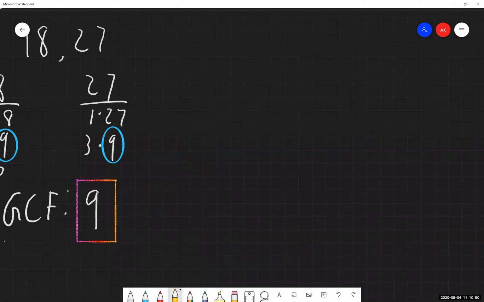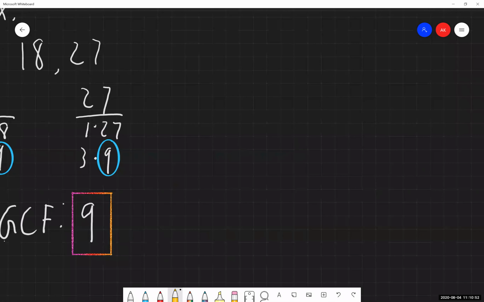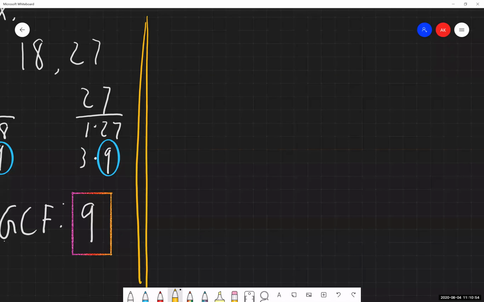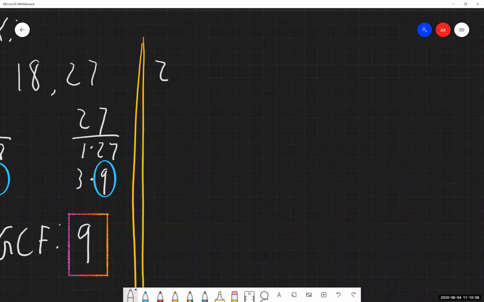And you can absolutely use your calculator to help you out with that if you need to. I would also recommend having your multiplication tables nailed down from everything from 1 times 1 up to at least 10 times 10, preferably 12 times 12. It's going to make this process a lot easier, I think, with finding the factors of things. But moving on, we have our second example. We have 12x squared and 18x cubed.